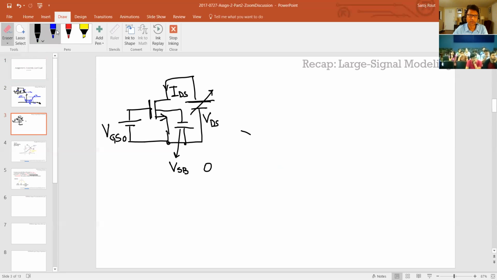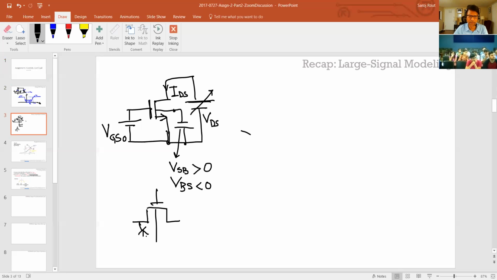So if you want from source to bulk, this voltage here, yeah, I think I had it right, greater than 0. A lot of times we write bulk to source voltage, which needs to be less than 0, a negative voltage. So essentially you want this bulk to be at the most negative voltage compared to the rest of the nodes, because as I had shown last time, you actually have a